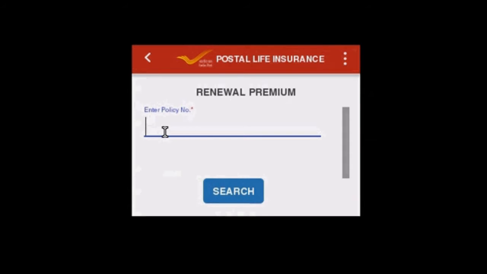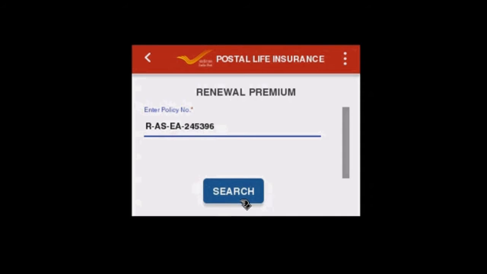We have clicked next. Now the policy number. Enter policy number. Policy number will be entered first. R-AS-EA-245396.